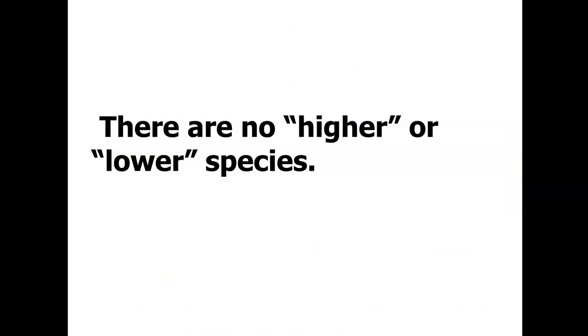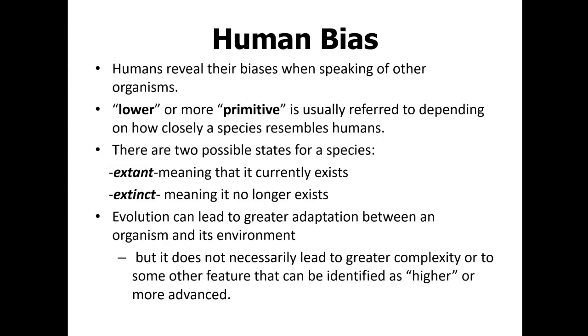When we're talking about animals, humans like to put things in higher or lower. With animals, there really isn't a higher or lower species. That's where what's known as our human bias comes in. Lower we often refer to as being more primitive, usually depending on how closely a species resembles humans, and that's how we look at it. There are two possible states for a species. It could be extant, which means that species is currently existing, or it could be extinct, which means